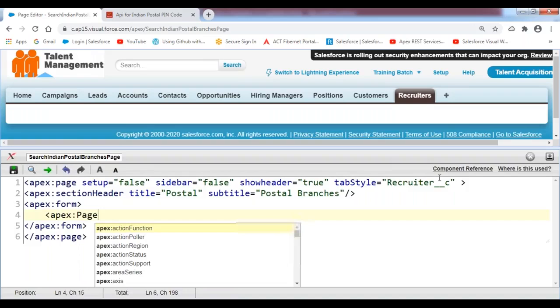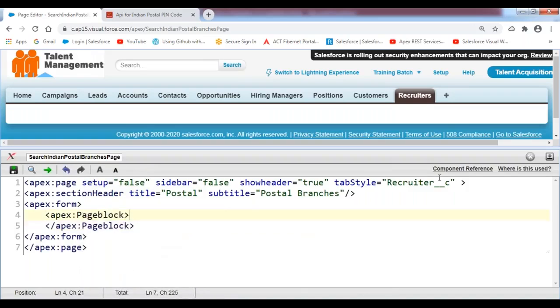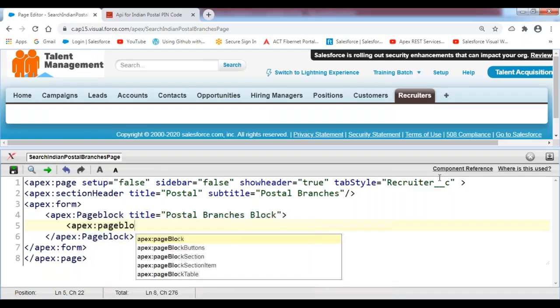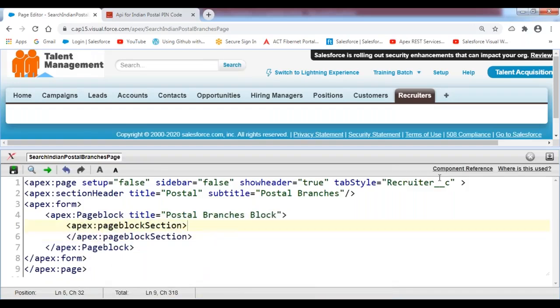And then I'm preparing a page block, giving the title postal branches. Here I'm preparing the page block section, with title equals search branches, number of columns equals 2, and collapsible equals